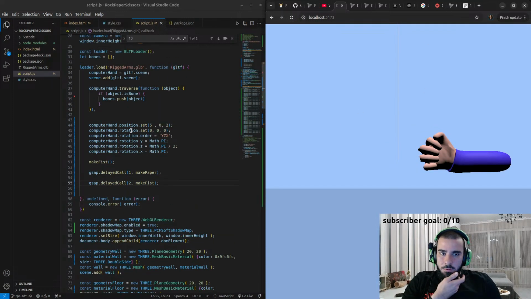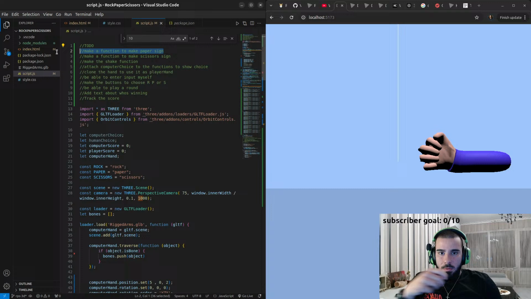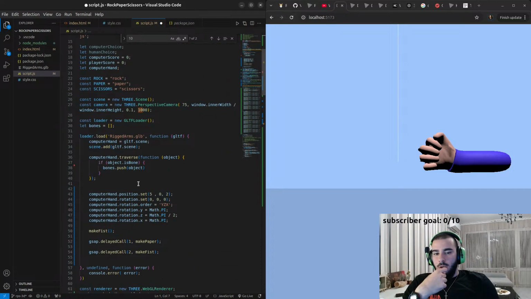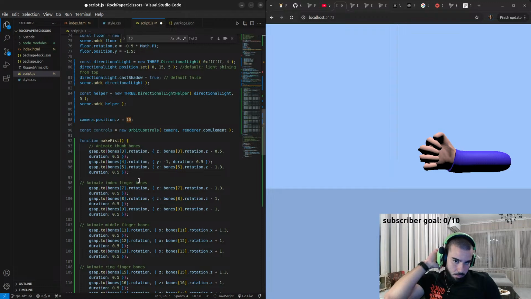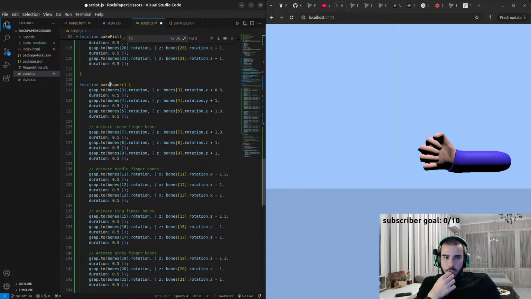So before we do that, I've done the paper sign, so we have to do the scissors now. And it's going to be pretty much the same as make paper,